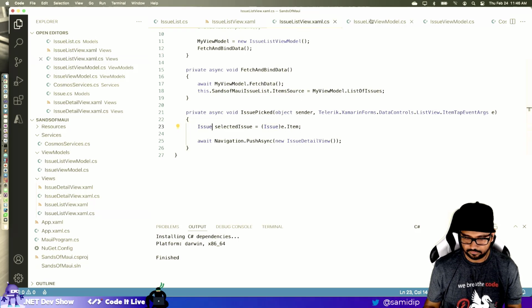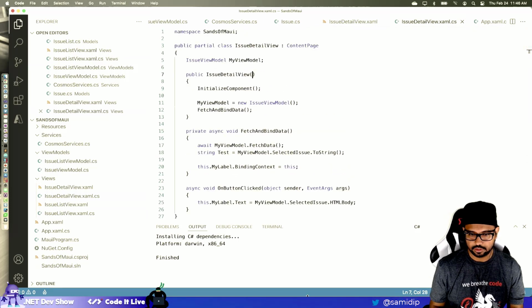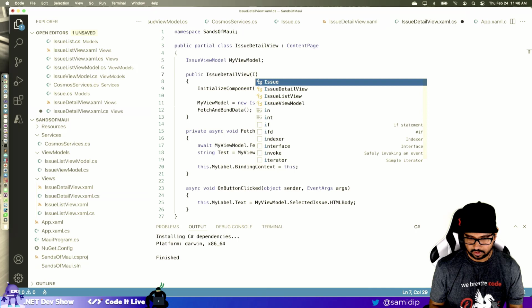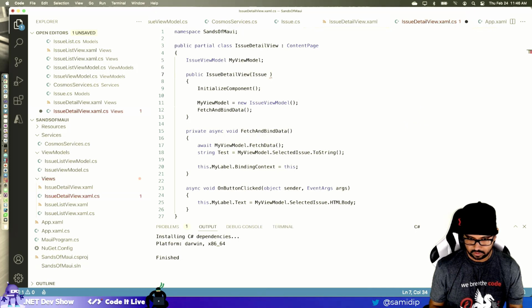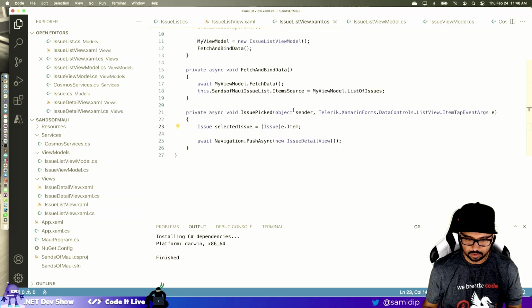So issue detail view has to accept that. Issue detail view here, it needs to have a constructor which will bring in the selected issue, right? So now I can send that along. Issue ListView XAML.